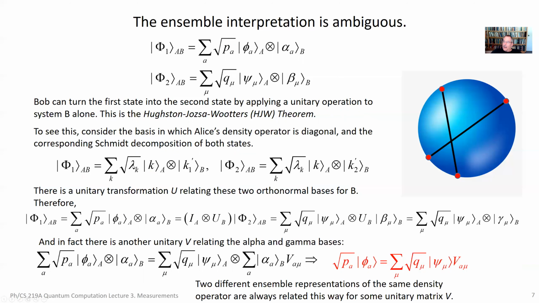Now, the lambda k's, remember, are just the eigenvalues of the density operator rho A. So those are going